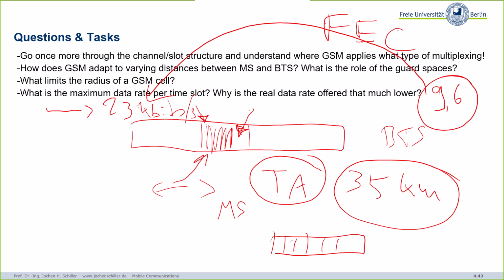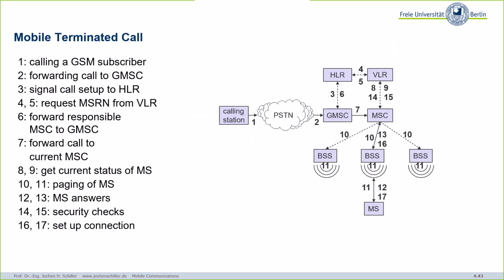And similar is true for the final part of today. That was this mobile terminated call. Well, as you saw when you followed the video, there are many steps involved. Basically the call is redirected here, and then the gateway checks with the database, is this really a subscriber? You check with the region where the subscriber is, you get the answer back, then you forward the call using a topologically correct phone number, then the MSC doesn't know where it is, then you do this